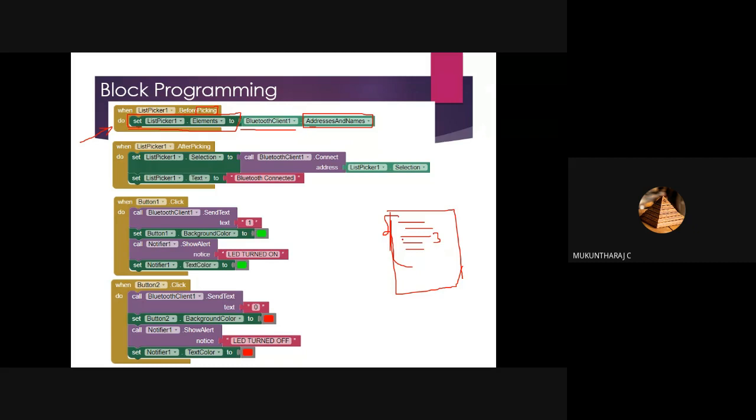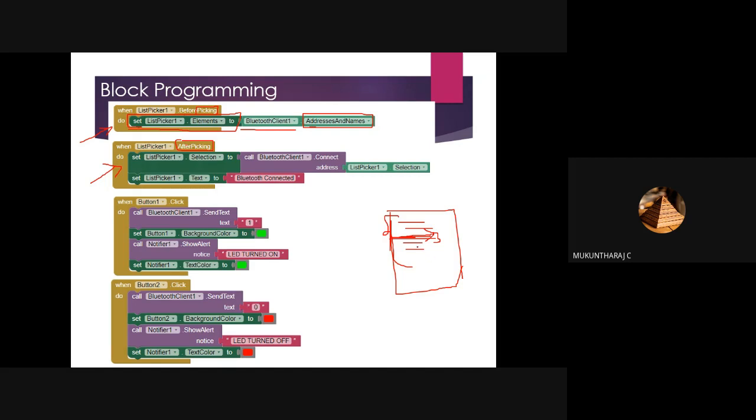What the user will do is press the third device, correct? If we press it, that becomes after picking. That's all. So when a list picker after picking, what should it do?